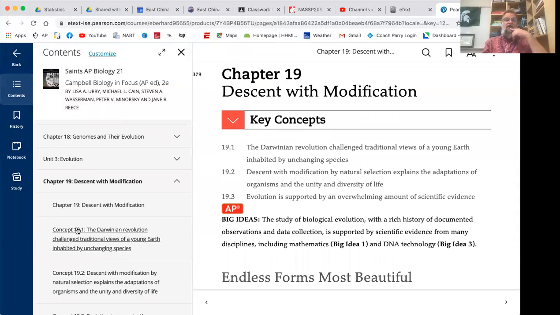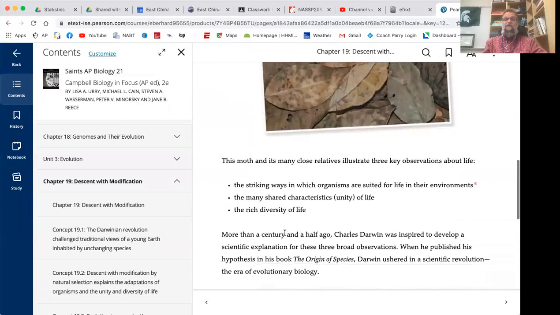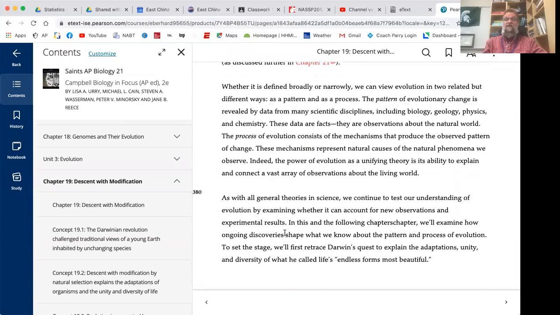Or I could go directly to 19.1 and 19.2, which are the two things that I want to read for this weekend's assignment. At the beginning of the chapter, it gives you the key ideas, the key concepts. Those are typically going to be in line with the concepts that I listed from the AP course in the learning objectives. And then they specifically address how this ties into the AP course right here where it says AP. And then there's generally an introduction, which I think is worth reading because it sort of sets a tone for the chapter. If I want to move to the next page, I hit the arrow down at the bottom,